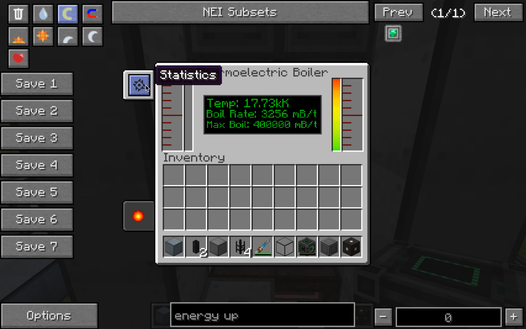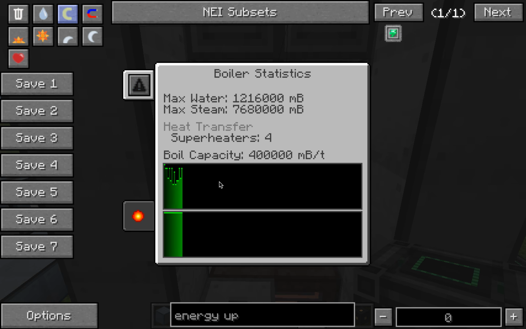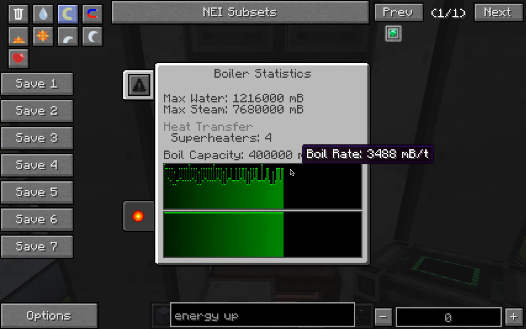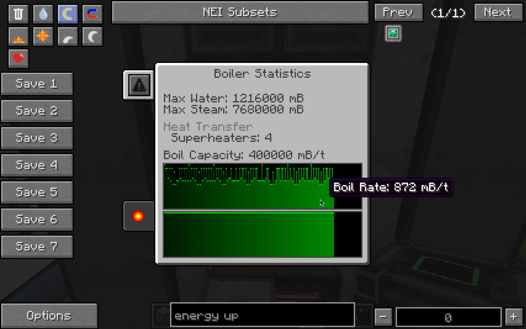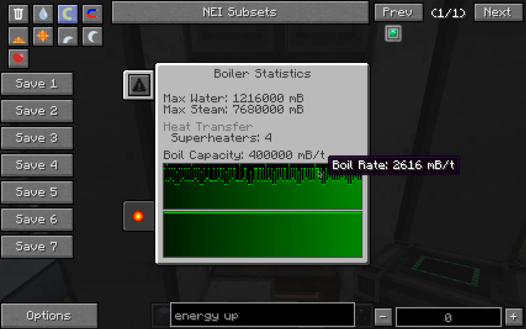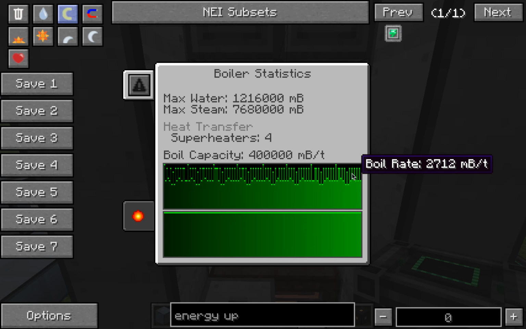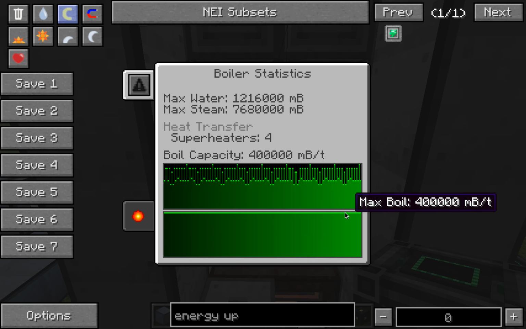And if we open up this statistics panel, you can see it in a bit more detail. Spent a lot of time here making a cool little graph that helps you see things visually on the boiler. And you can see that here. You can mouse over and it'll give you kind of a scaled value of about where the mouse is. So right about here, if you average it out, yeah, it's about 2,700 is the average boil rate for this boiler. And you can see that in this case, the max boil rate is actually at its capacity of 400,000